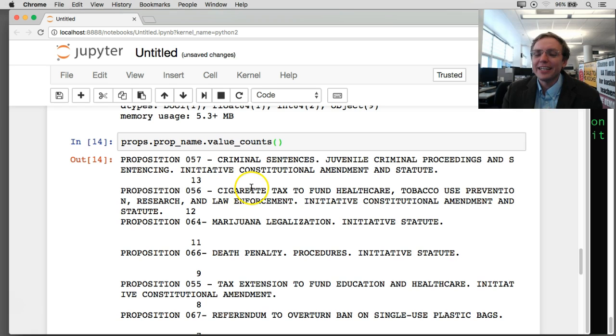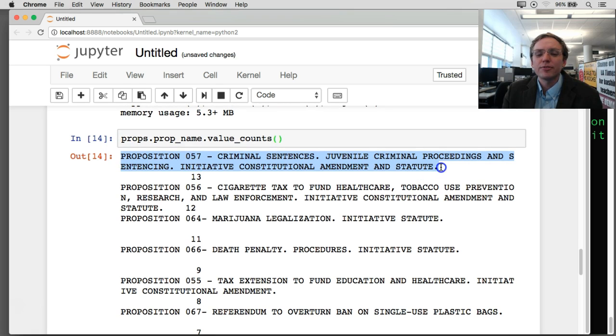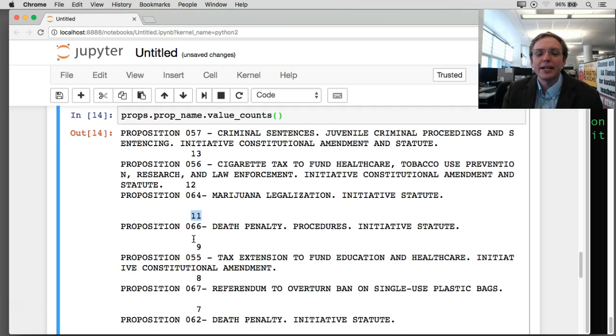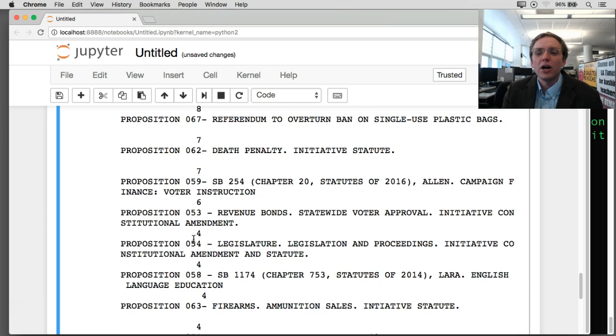It's difficult to read. I can see it because I've seen this before. We can see that proposition 57, with its long name, comes first, followed by a count of 13, meaning there were 13 committees or rows in this spreadsheet. Then coming next was proposition 56 about the cigarette tax, and it had 12. Marijuana legalization had 11 committees, and down the line through all 17 of the ballot measures, or propositions, as